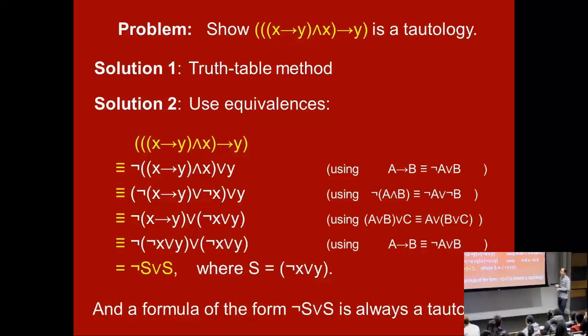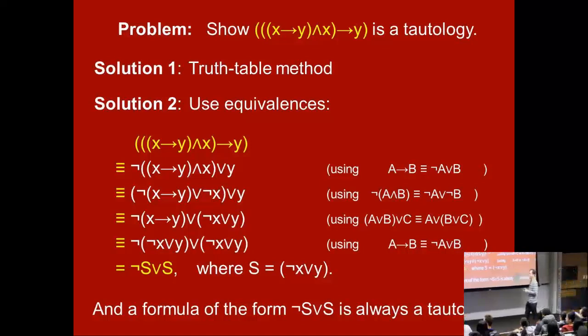And this thing you could fairly say is obviously a tautology, right? I mean, s is either true or it's false. Whatever case it is, one of them is true. So not s or s is a tautology. Okay, so this formula is a tautology. Its truth table is all truths. And it's equivalent to this one. So this one has all truths in its truth table, so it's also a tautology. This is an example of how you might prove something is a tautology without using the truth table method.